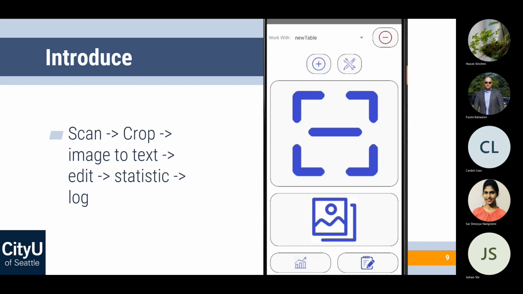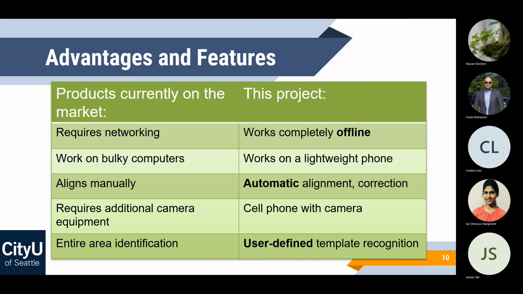See results. Okay. And so what's the benefits? This project is completely offline compared to what is available in the market. This limited a lot of security issues in the transmission processes. And this is easy to use. It can work on Android devices and the project contains automatic image correction, so users don't need to